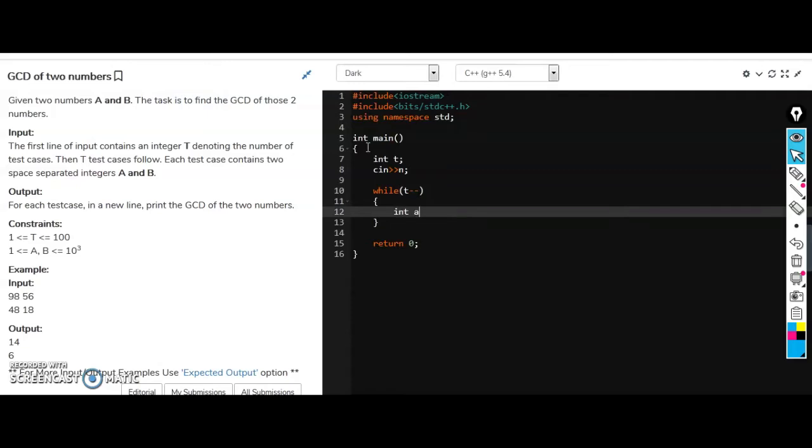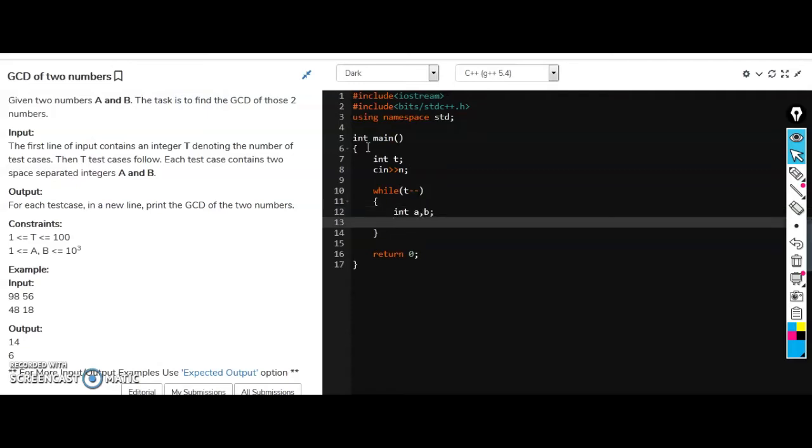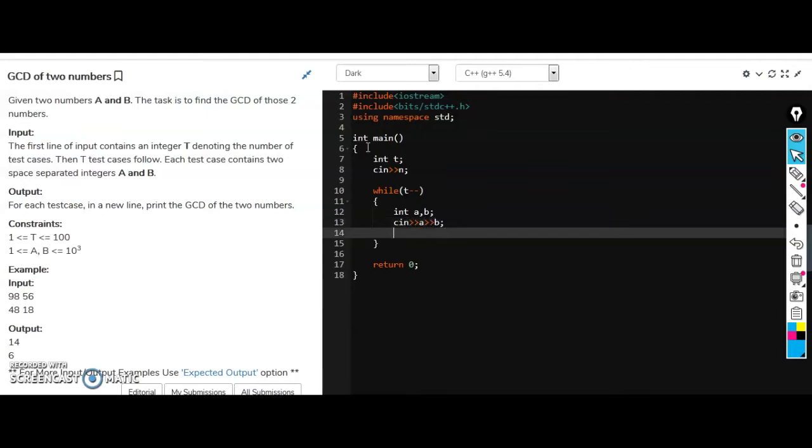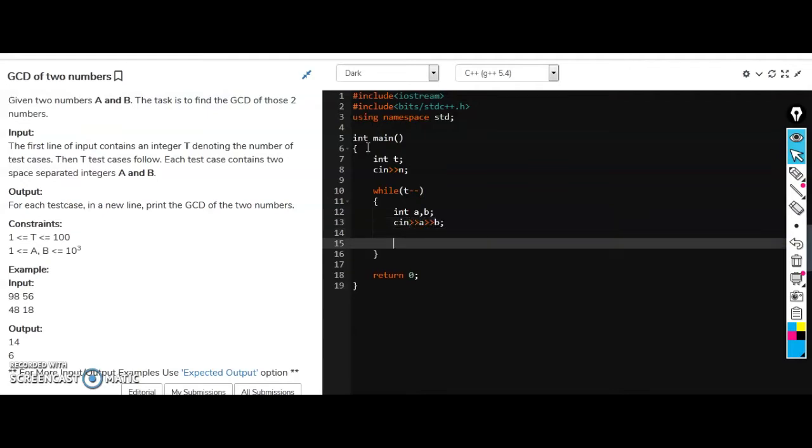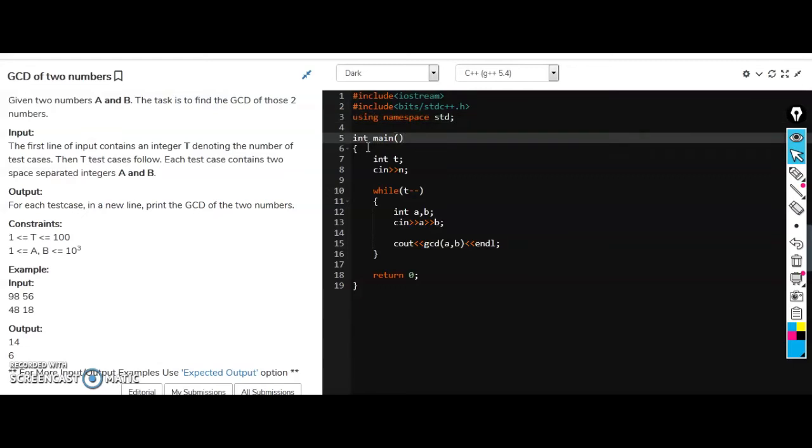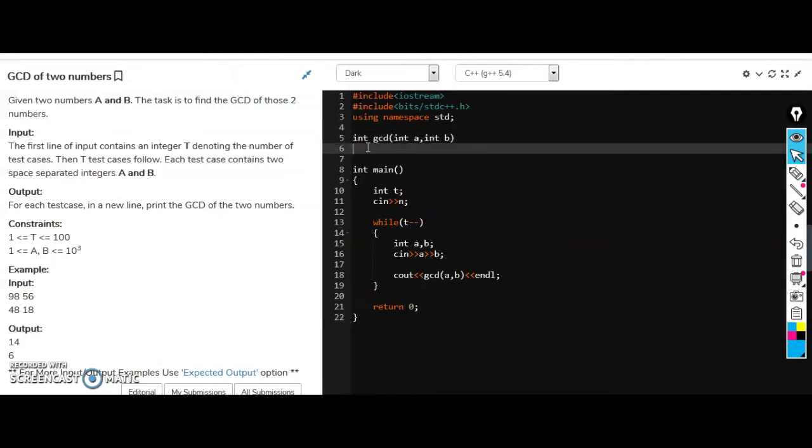Similarly, we have to take two numbers a and b from the user to find the GCD, and let's say we are making a return type function, GCD, passing a comma b as arguments. Just make an integer type GCD function taking two values as arguments,